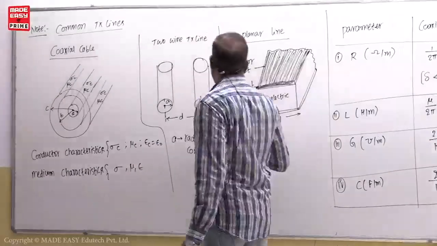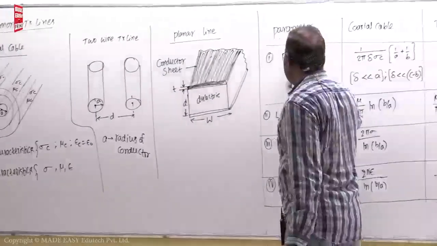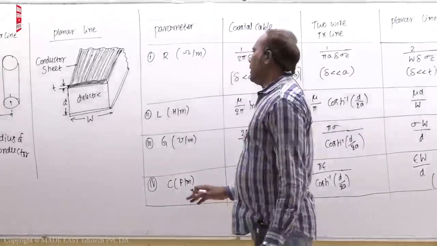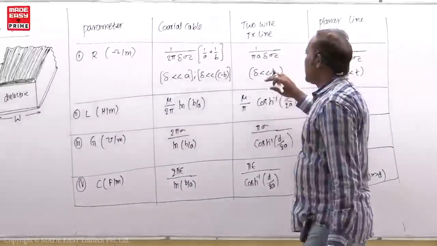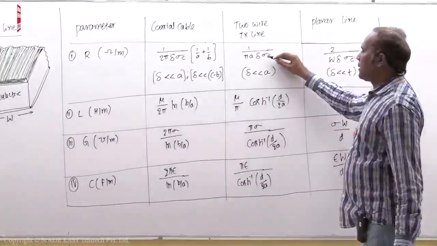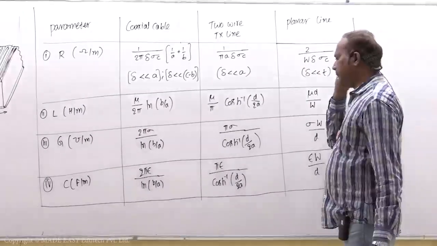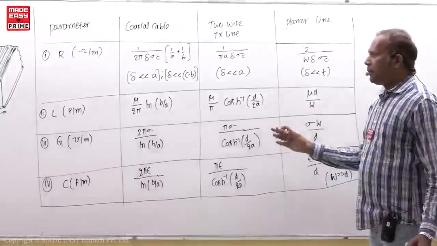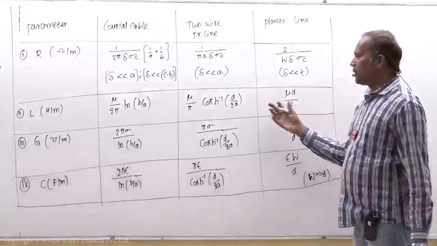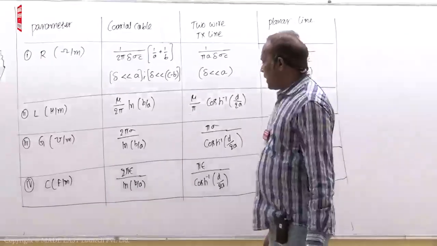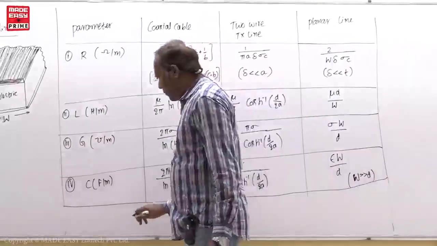So this R and C. Anyway, resistance is the series resistance. You can see here the conductivity of the conductor. Here also the conductivity of the conductor should be there. It depends on your patience whether you remember these formulas or not. That is up to you. Anyway, wherever a conductor comes, for conductors,